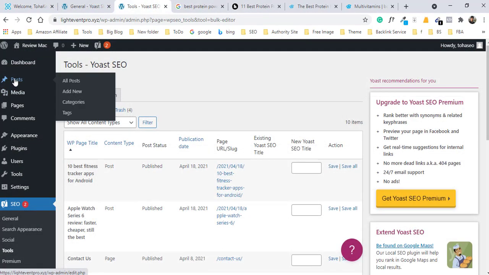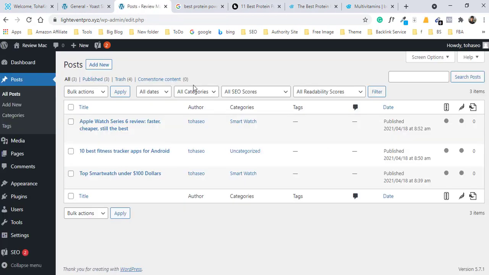So go to posts and we try one post according to Yoast SEO. Click on posts. Okay, now I want to edit this post. Here you see the SEO score. You can see red, yellow and green. Red means your page is not optimized, yellow is medium optimized, and green signal means your web page is fully optimized.